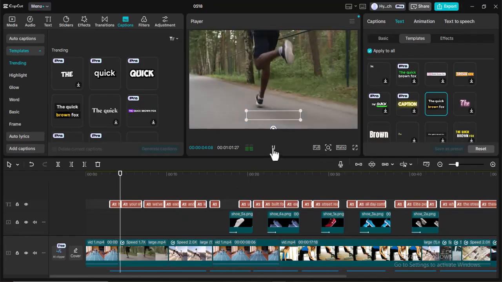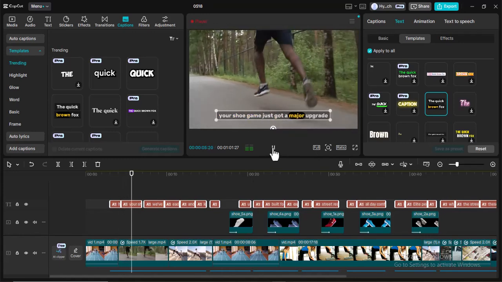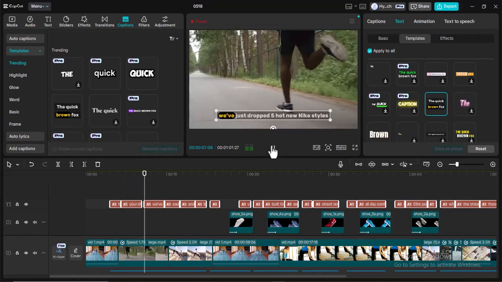Ahead, your shoe game just got a major upgrade. We've just dropped 5 hot new Nike styles, designed